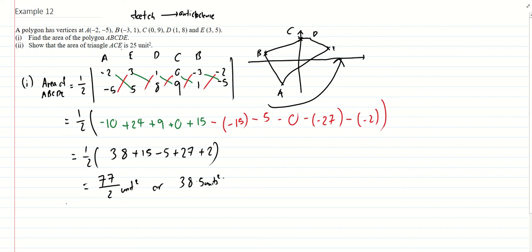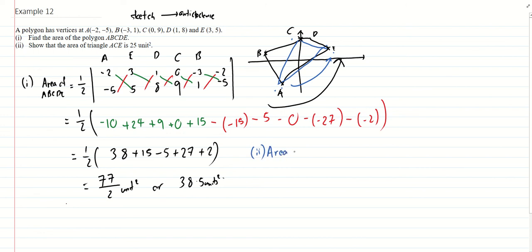Now let's say part 2: show that the area of triangle ACE is 25 units squared. So now I'm interested, I will just use back the same sketch I have. So I'm interested in this triangle ACE. Okay. So anti-clockwise direction, I must go from A, go to C, go to E, and go back to A. So what I can do is